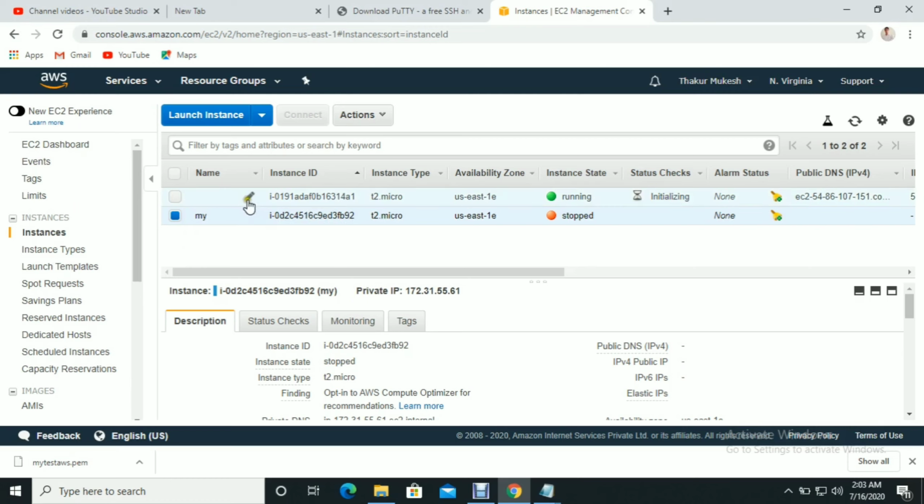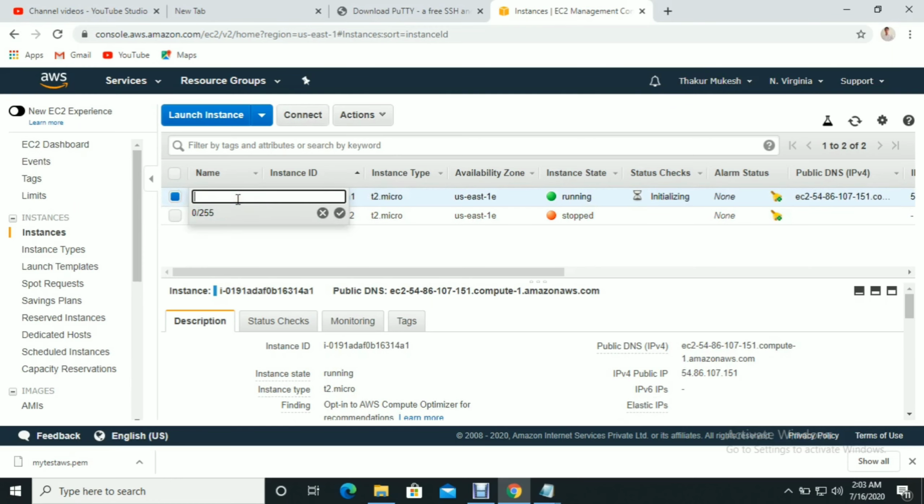So if you're giving a tag, automatically it will come here. So once you create the instance, if you're not giving it at that time, you can assign it here also. So I'm going to test, because in my condition a test tag was already there, so it was not taking. So you can easily identify, right? This is my test server.